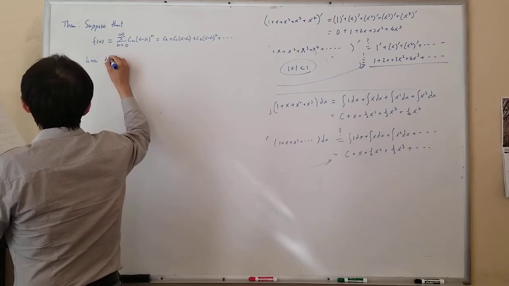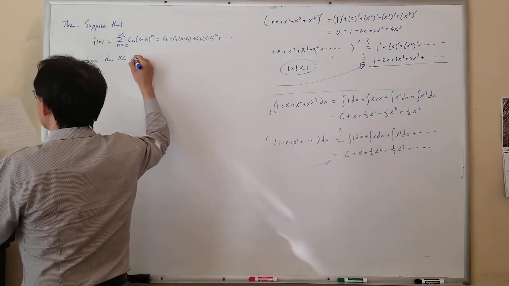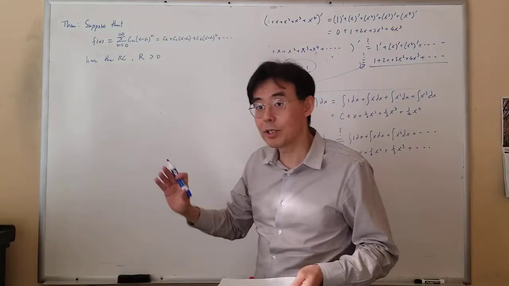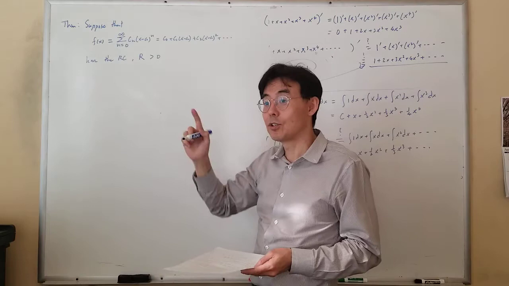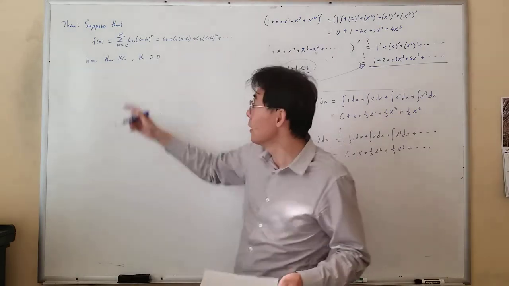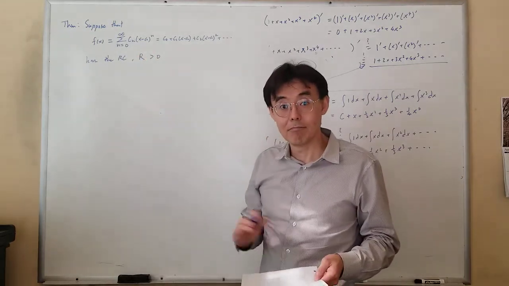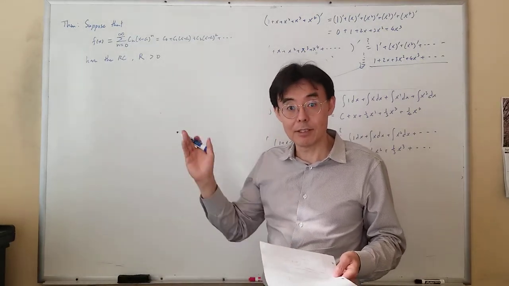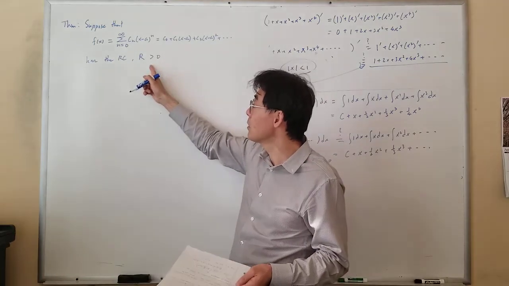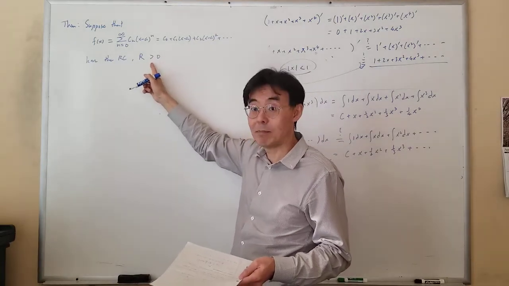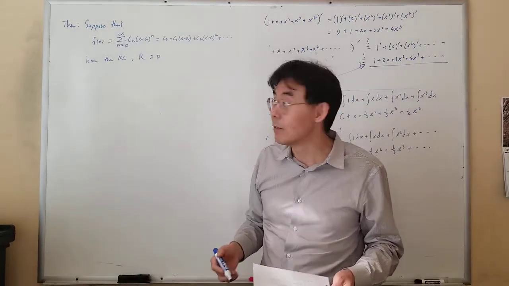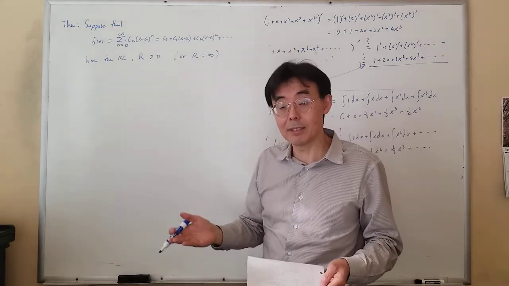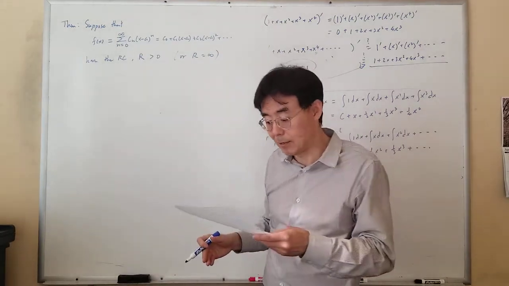Suppose it has radius of convergence r. Now, we don't consider a power series that converges only at the center point a, like n factorial x to the n. It's only defined at one point. We cannot even talk about a derivative or anything. That's uninteresting. So your radius of convergence must be at least some positive number, or it could be infinity. Or to make it clear, some positive finite real number, or infinity. Then